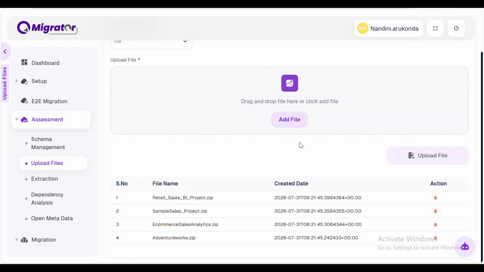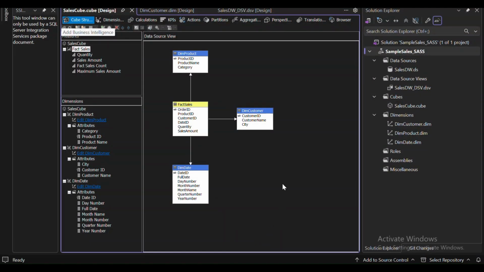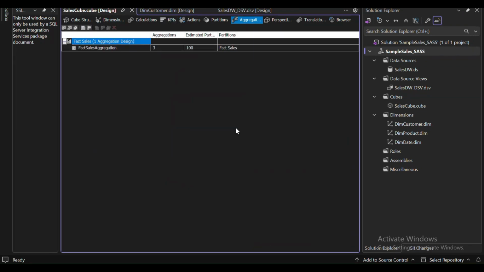Here, I'm going to upload zip files that contain all the files related to the SSAS model, and this is the SSAS multidimensional cube model. It contains data sources, data source views, and cube models. This is how the cube looks. It contains all the fact tables and dimension tables with their relationships, dimensions, calculations, KPIs, aggregations, and everything related to